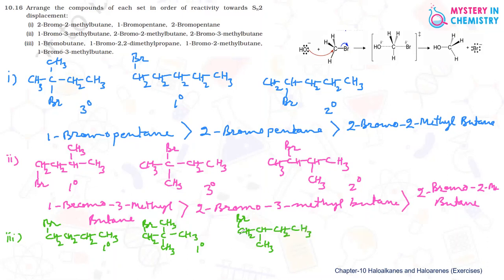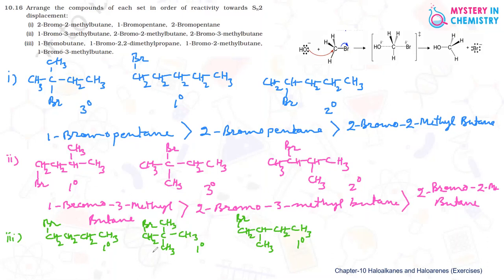So this is again CH2Br, that means primary halide. Now what happens if all are primary halide? Then we have to check the proximity of bigger group. If the bigger group is quite close to that carbon where a halide is present, then the reactivity will be